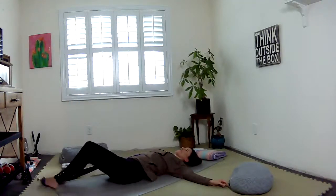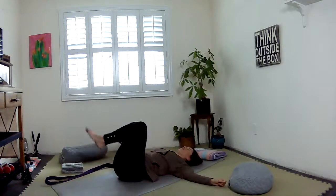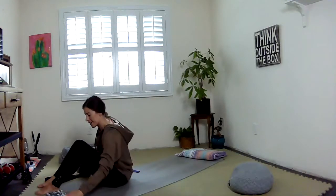Okay, now since we're already on the ground, we're gonna find our way back up into a boat pose. You're gonna gently roll yourself up like this. This used to be my favorite thing, just rolling yourself a little bit back up. And we're gonna find our way into a little bit of a boat pose. We're gonna do a tiny bit of core here. And I like to, again, use some blocks too here